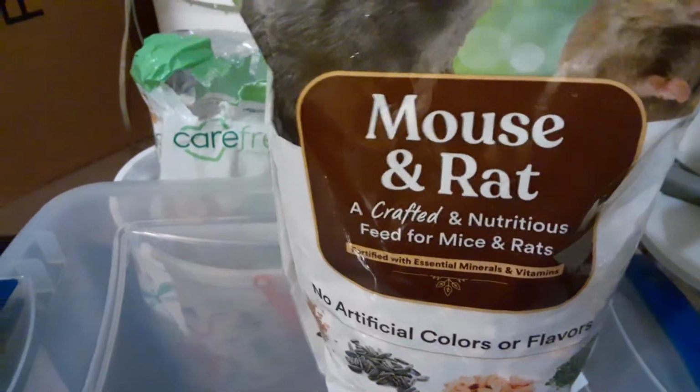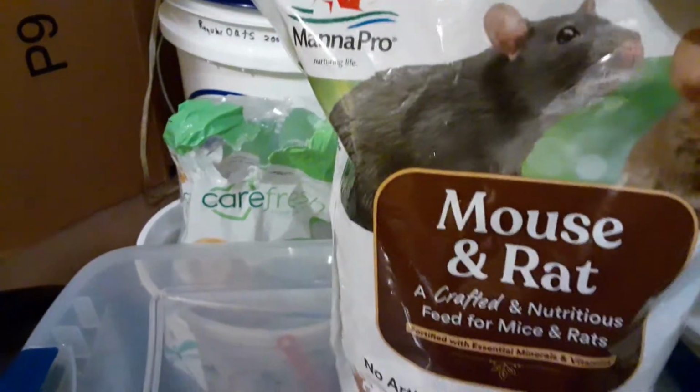They were using Carefresh bedding. So they were also using this mouse and rat food. Here, let's see if I can get it open one-handed. Here, actually. There we go. And in this mouse and rat food,